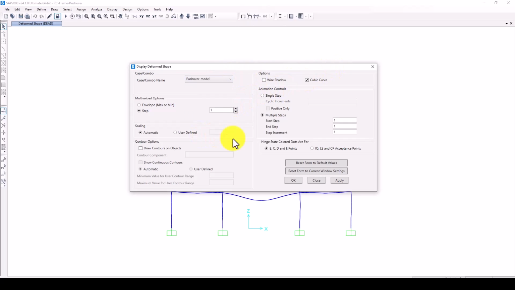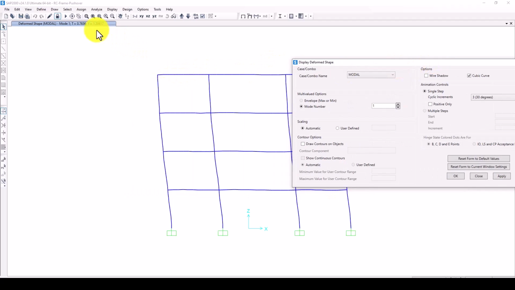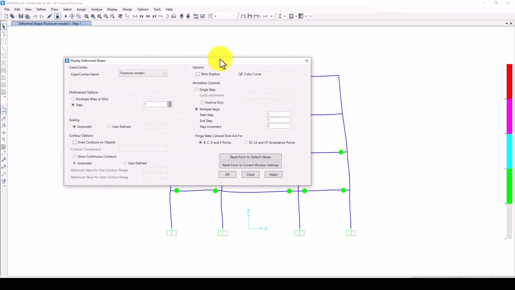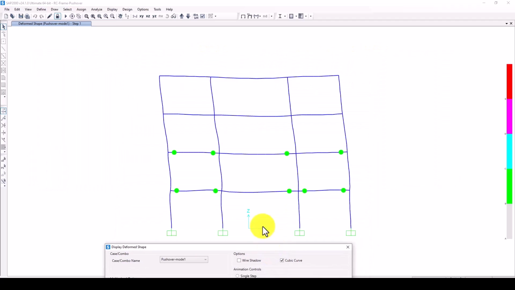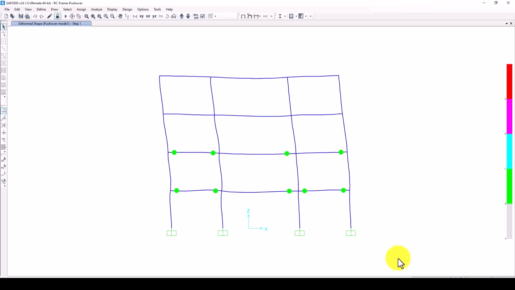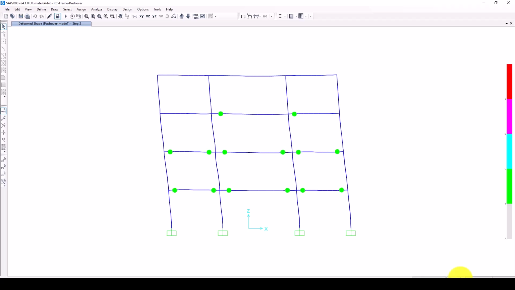pushover mode 1. But before that, let's go to the modal analysis, and we go to see mode 1. Mode 1 is this direction, and it has a time period of 0.7, which is acceptable. And we come to the first pushover analysis, and you can see here some hinges appeared, below 1, and I can come to here 2 and 3,